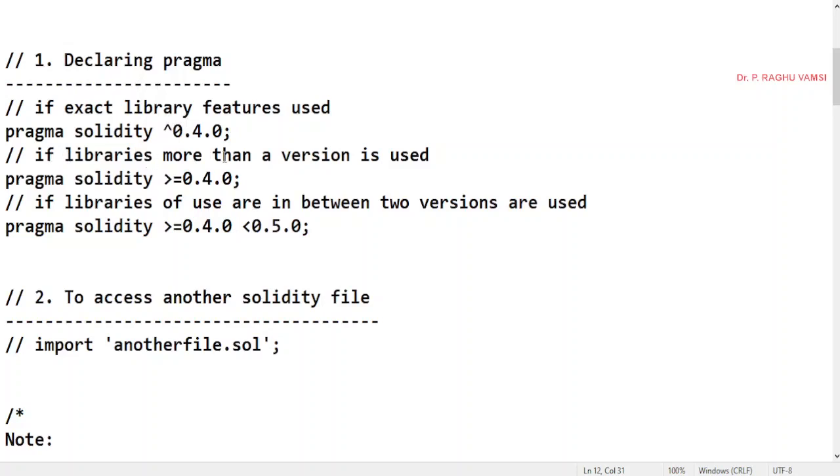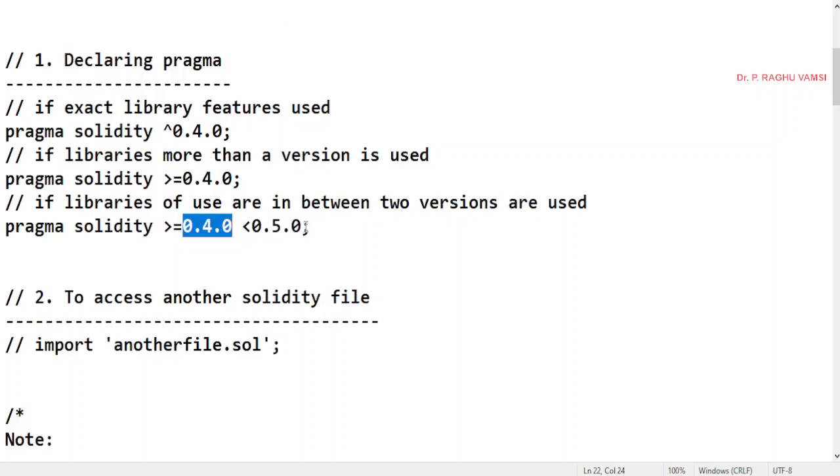If you are using libraries of more than a version, then pragma solidity greater than or equal to 0.4.0. That means you are using the 0.4.0 libraries as well as the libraries introduced above this version. If the libraries you use are between two versions, then you may use pragma solidity greater than or equal to 0.4.0 and less than 0.5.0.